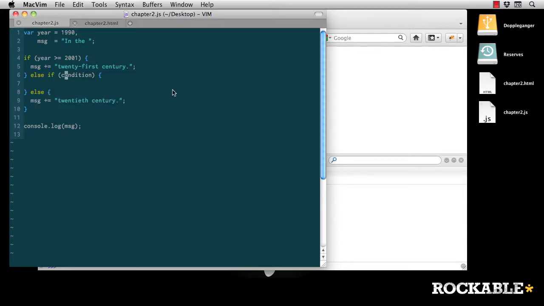So let's add something. Well, let's have a condition here first. Notice we don't have to test for both ends, because we say if the year is greater than or equal to 2001, and this is true, this will execute, and the JavaScript engine will not look at this condition. It won't look at any of this code here, and so this condition here will never be evaluated. But if this condition is false, then we'll move on to evaluate this condition. We know that the year is under 2001. So here we have to check to see if it's less than or equal to